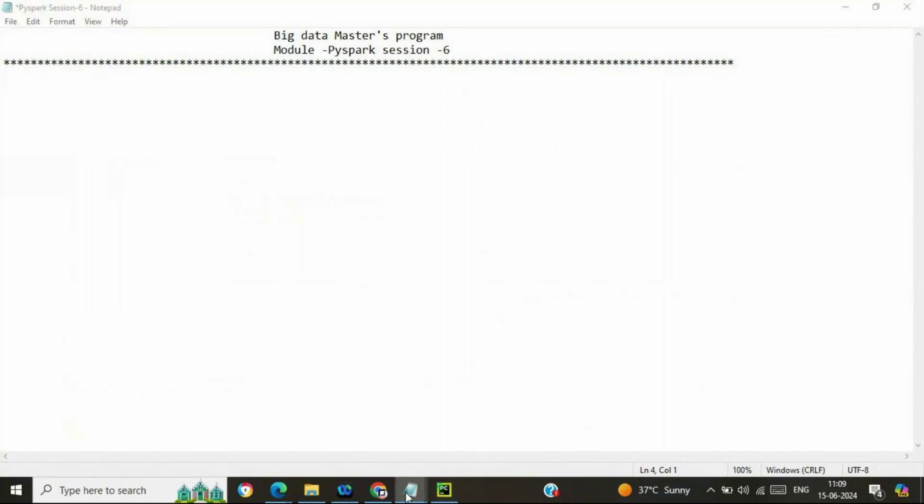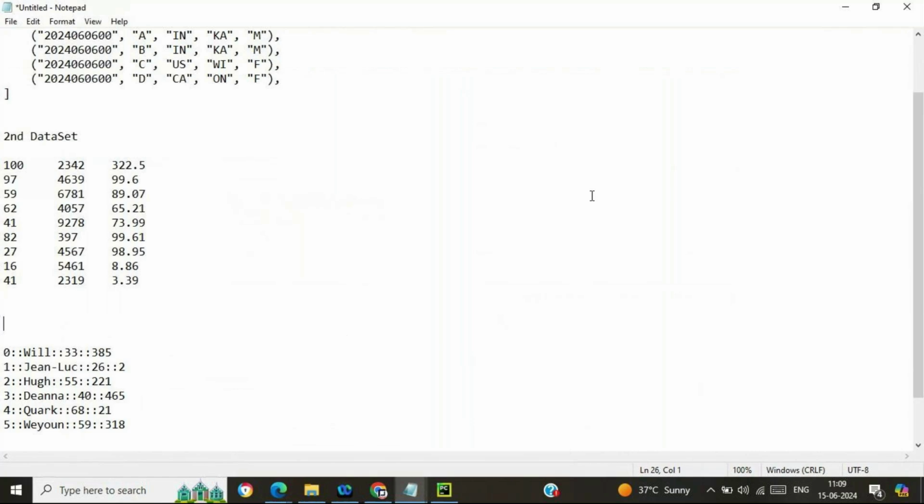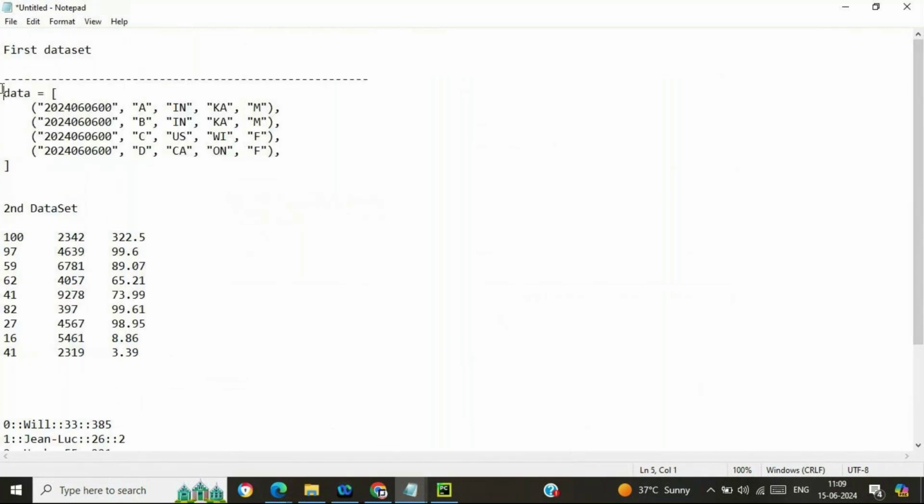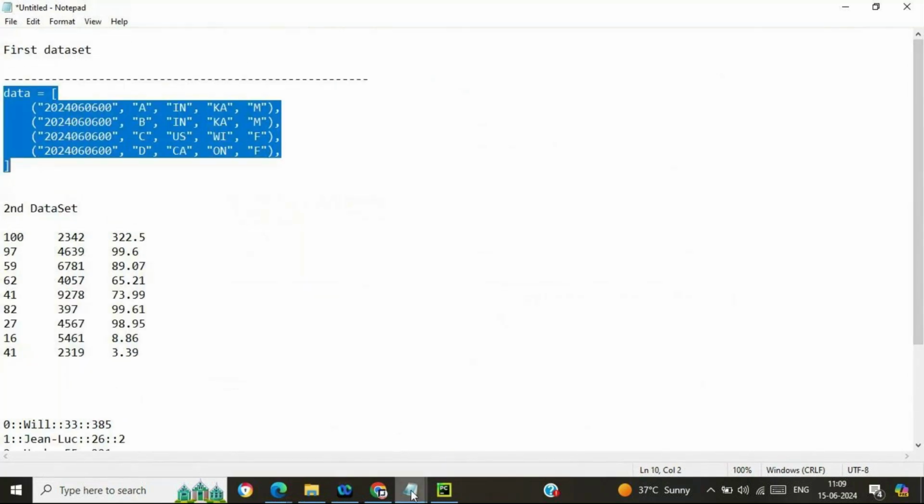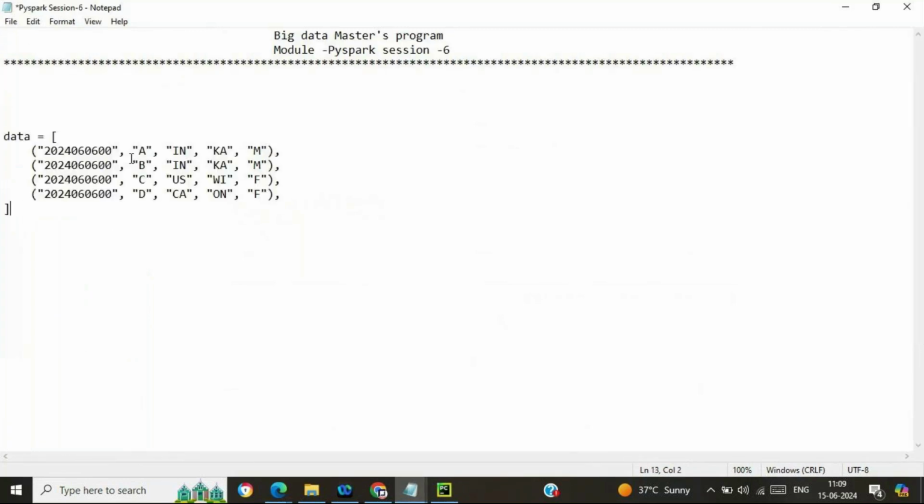Let me share. Okay, so say I'm having this particular data set, and my expectation is to find out the count of, say, India. This data is denoting the timestamp.